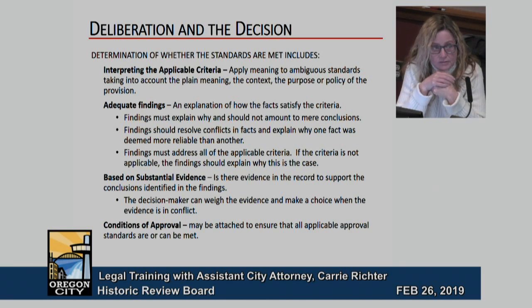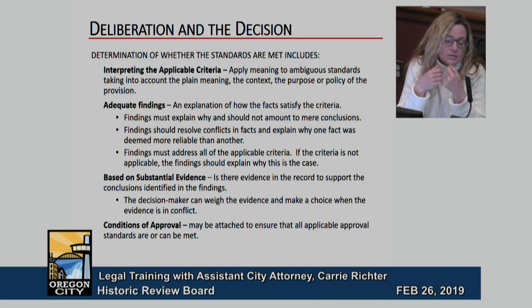The decision has to be based on what we call substantial evidence, and that is, is there evidence in the record to support the conclusions identified in the findings? And that's largely what the drawings, I think, most specifically will show. They need to show that the criteria can be satisfied, and oftentimes there'll be a dispute over the evidence. Some people will say this is the appropriate window, and somebody else will say, but this is the appropriate window, and here's why. And when there's a dispute between two pieces of evidence, it's up to you all to decide who's